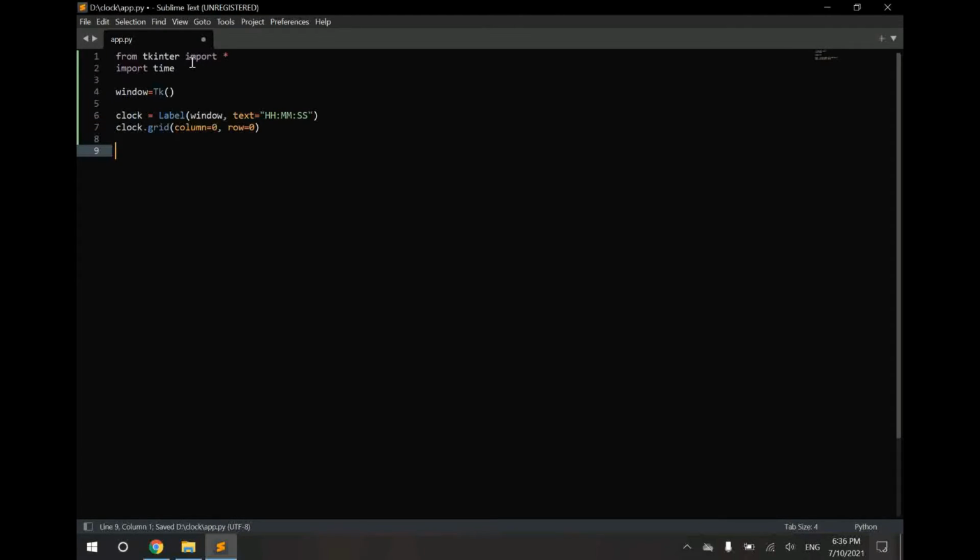Then we need to create a new function that will update the clock every 1 second. So we name it as update time, and then the variable for time string,